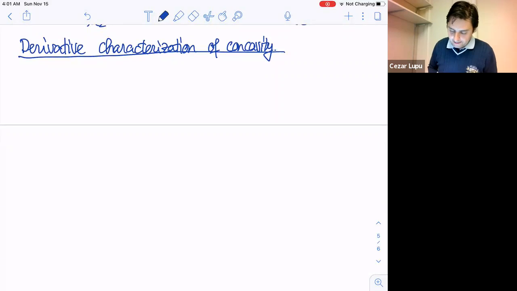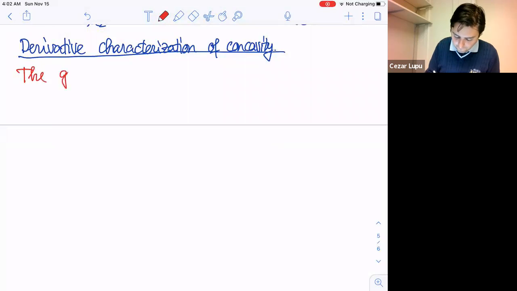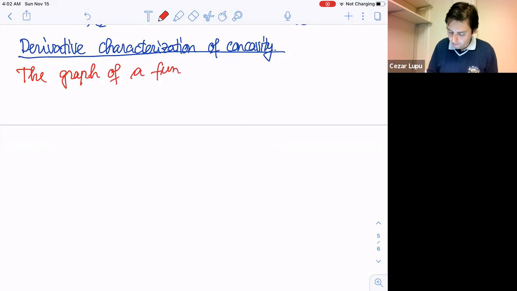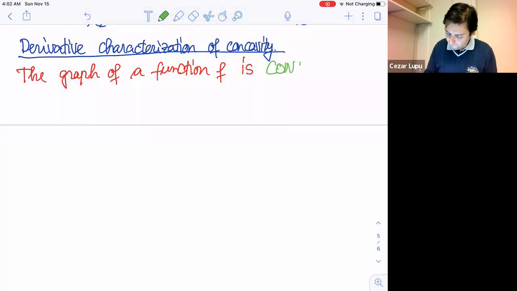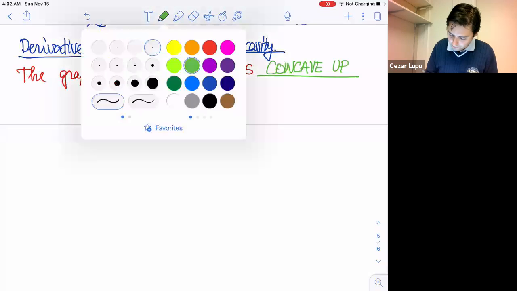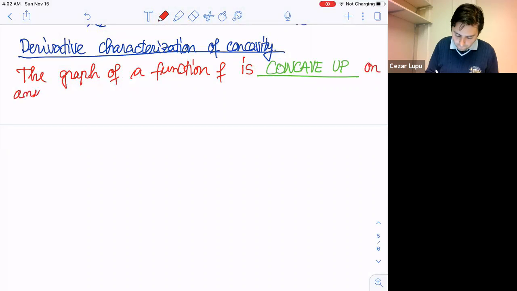And we say that the graph, in fact, let me write it with red, the graph of a function f is concave up on any open interval I,